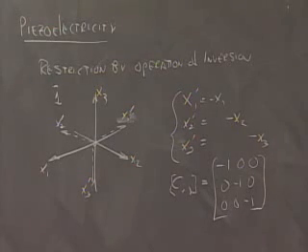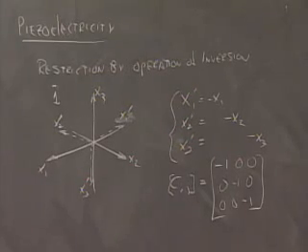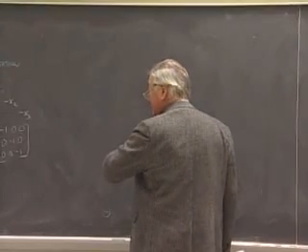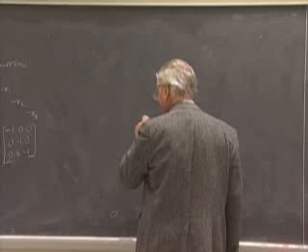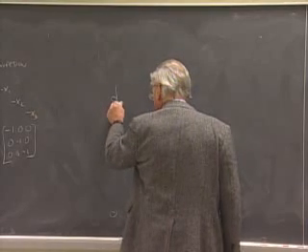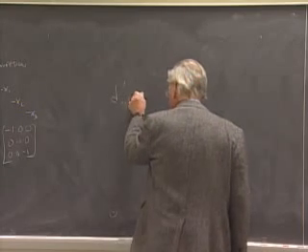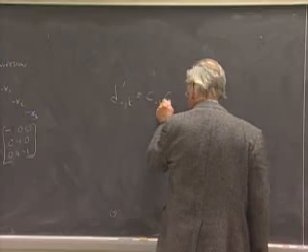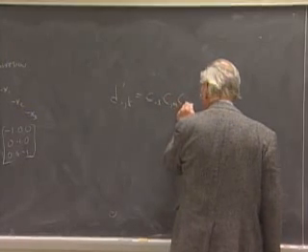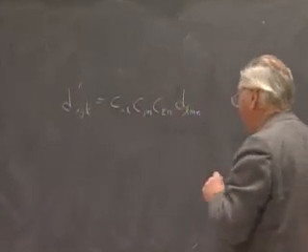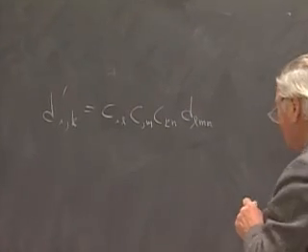So let's transform a representative tensor element for a change of axes that corresponds to that direction cosine scheme. And that's the same as physically inverting the crystal and demanding that the property be unchanged if that is a symmetry transformation which leaves the crystal invariant. So if we look at some d_ijk prime, that's going to be c_il c_jm c_kn d_lmn, where this is a sum over the index l, the dummy index m, and the double index n